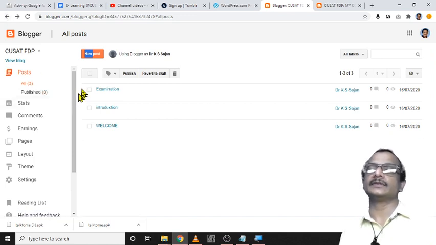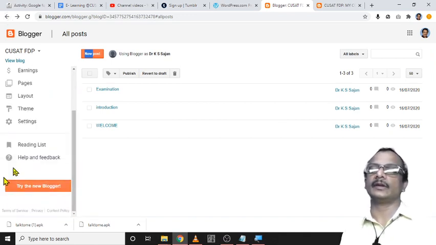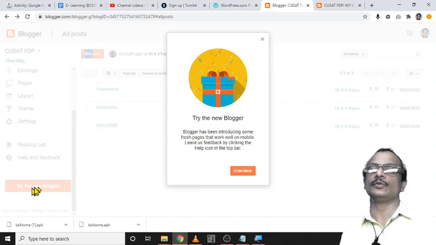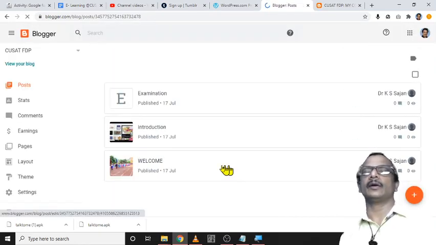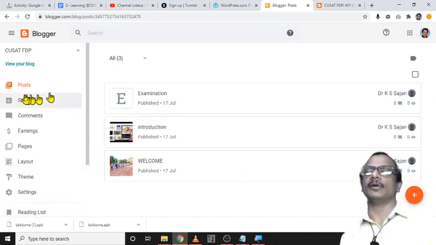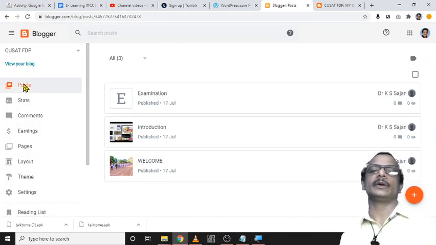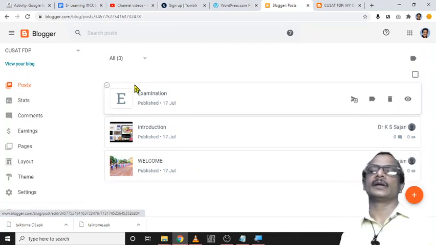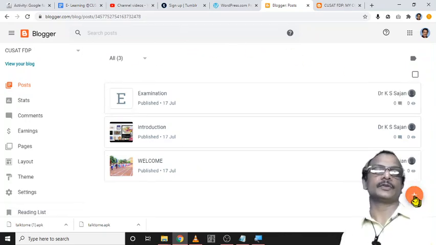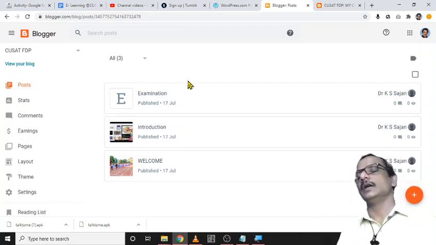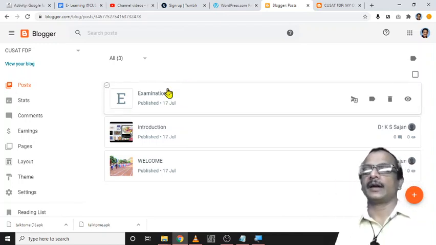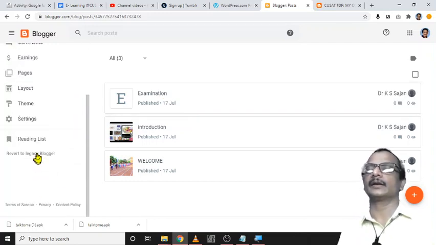In such case, just go down here and check this orange icon. Actually, this is the old view. Just try the new Blogger. See, this is the new view you may obtain while creating a post. You may obtain this type of window when creating a new post from this plus button. And this is a mobile friendly platform, newly developed by Google, and you can go back by clicking revert to